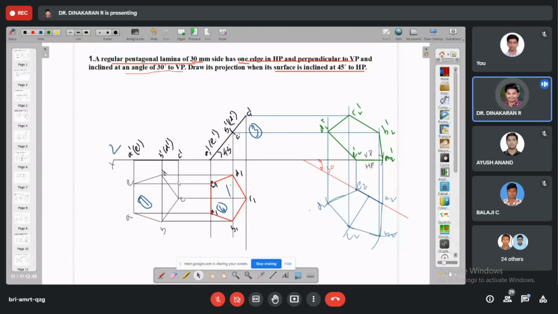What are the dimensions on the fourth step? The same dimension will be on the fifth step. And second step, what are the dimensions there? The same dimension will be on the third step. First, we need to draw a true shape, then projection will give the second step, and third will be surface inclination of 45 degree to HP.